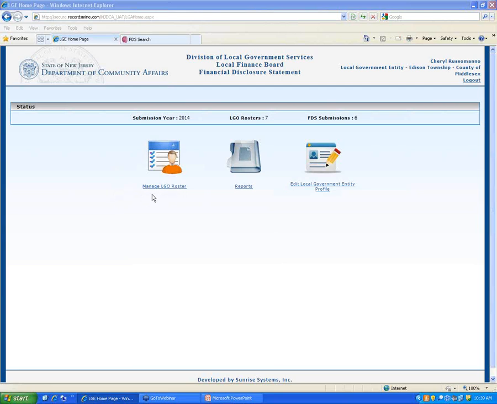It says, is only one person authorized to manage the roster? Yes. Right now, for this year, we're only going to have one username and one password sent to each entity, and that username and password will be utilized to manage the roster. When you go to change your password, I know some towns, not the clerks, handle that process. They usually give it to an assistant, maybe the deputy clerk or somebody else. You can change the password to whatever you want. So if you don't want to give your normal password that you use for other things, you can just make up another password that you both can share.